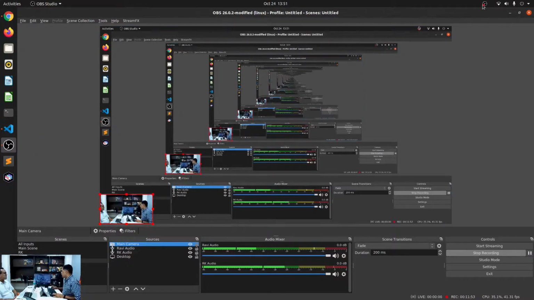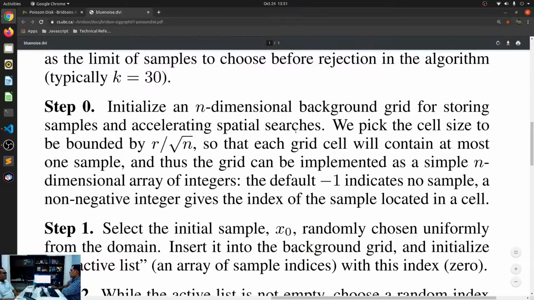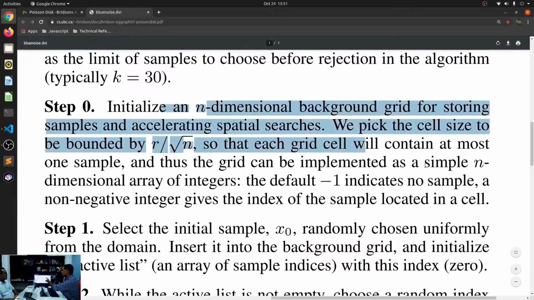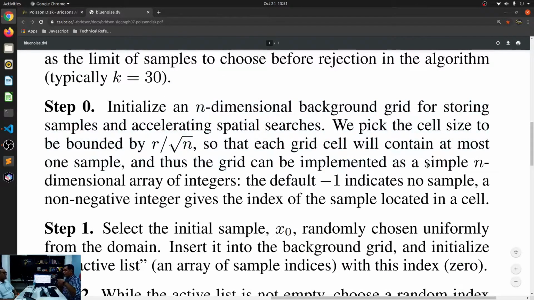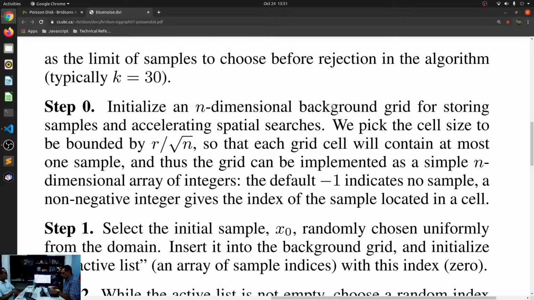So step one, initialize an n-dimensional background grid. So where does this grid come in? Remember how I was showing you all of these points and everything. Let me just share the screen over here once again.